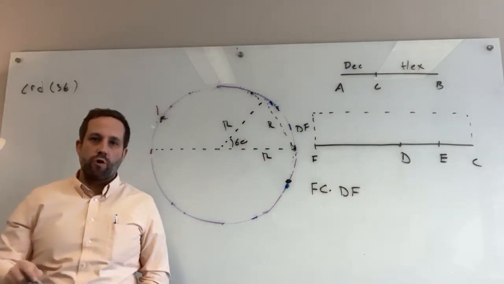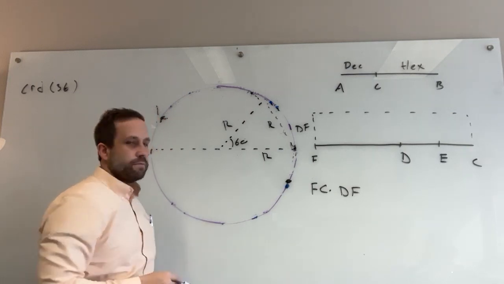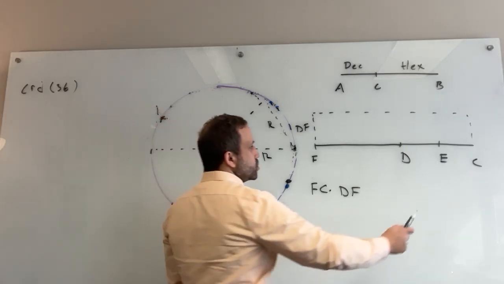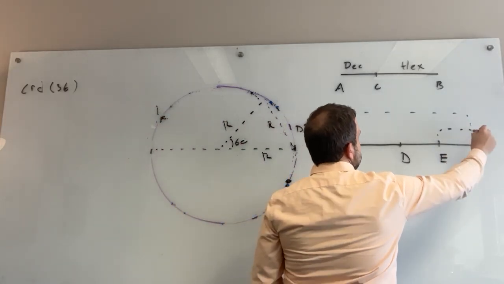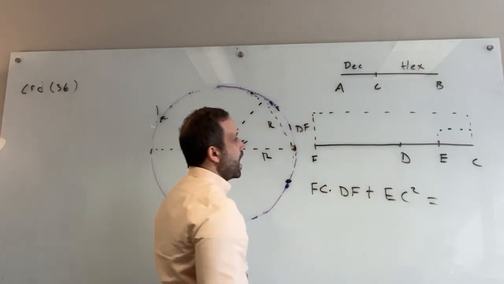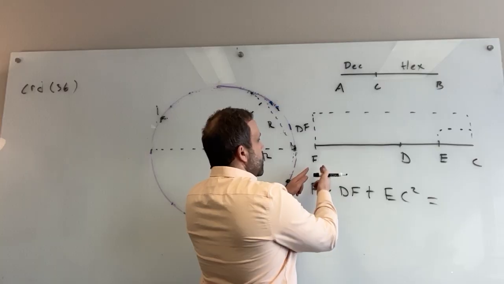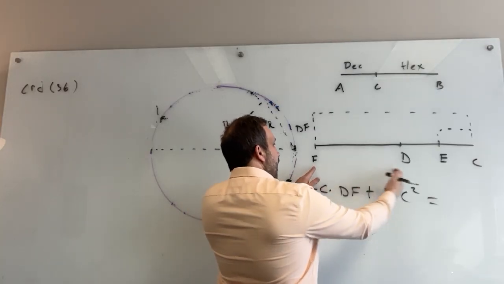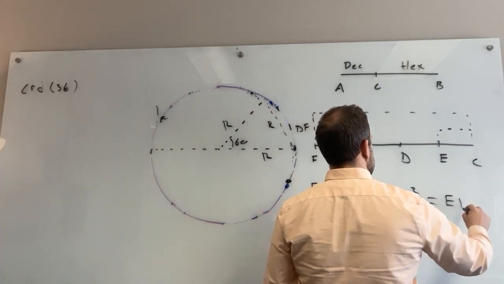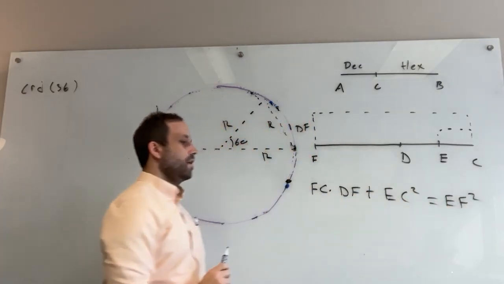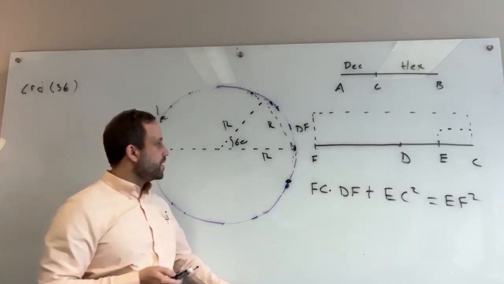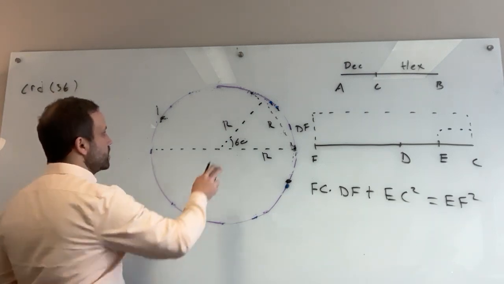I'm not so worried about the order of these letters here. I could probably stay consistent, but I'm not. So sorry. If you do this, and then you look at the square on half of the line, something like this, so plus EC squared, then it is going to be equal to the square that you get if you take the added line segment and half of the line segment. So this is going to be equal to EF squared, like this. Again, this is a fact that Euclid proves, and I'm just going to take it as given to give this argument that Euclid gives for